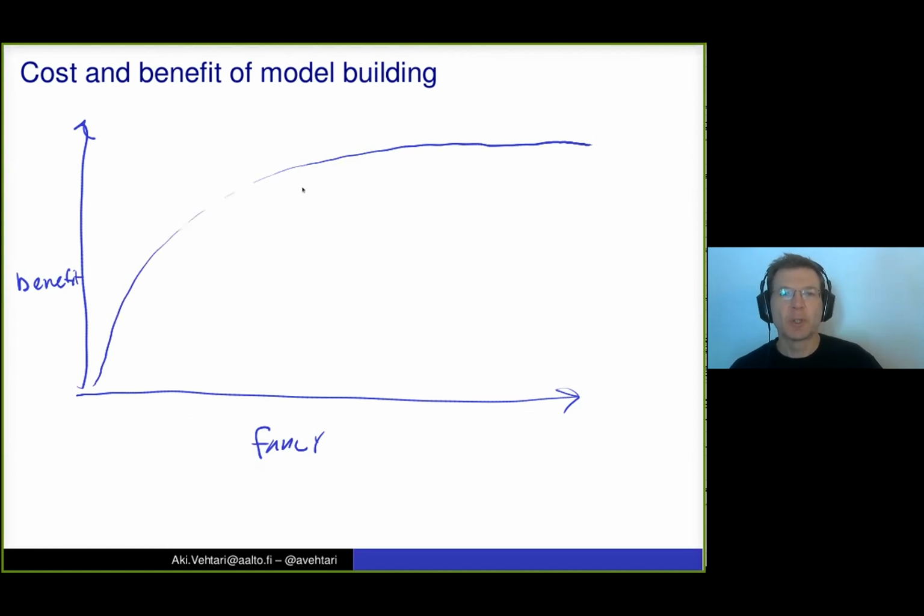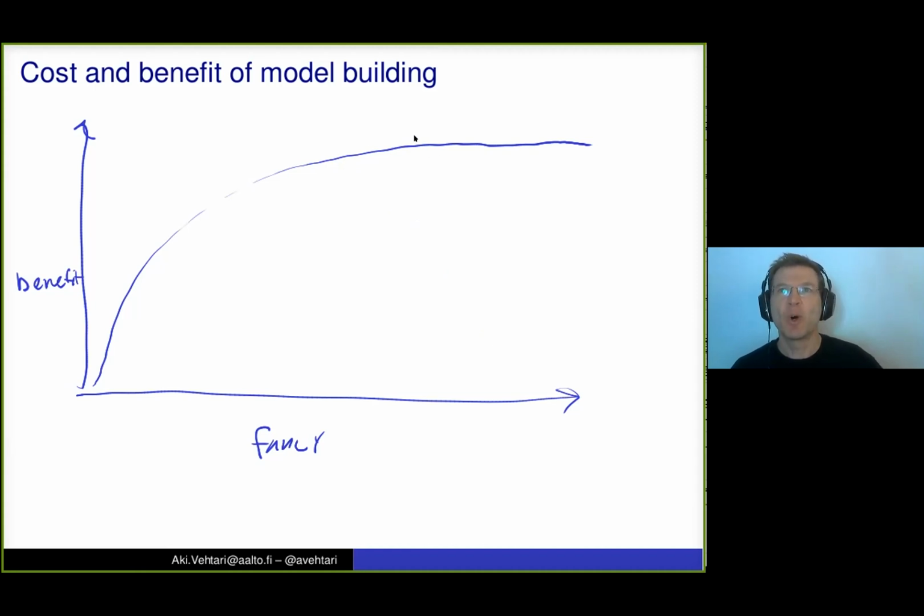Of course, because of the computational issues, it can also be that for too fancy a model, actually the benefit drops, that we don't even get good predictions. But assuming that we can do this inference well, it can be something like that.